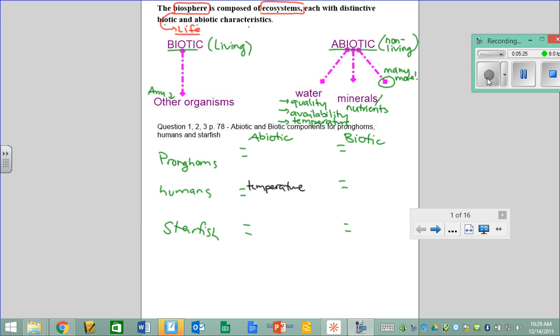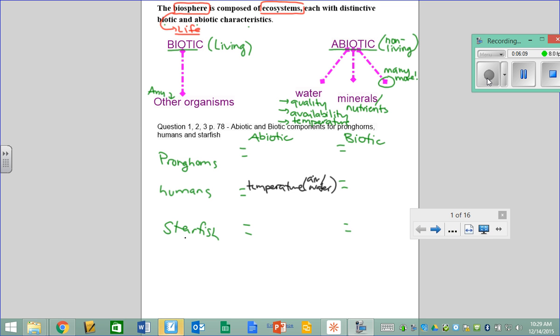And you could quite frankly put temperature on any of the three organisms' lists because all organisms would depend on temperature to a certain extent. Even things like the starfish that live in the ocean, it's true that they're not necessarily a warm-blooded organism, but if the ocean were to, say, freeze or completely evaporate, that would be a big deal for those organisms. So for this temperature thing, I'm going to put air or water temperature because they can have different side effects, but temperature is definitely something that would affect survival. Anyone else have anything they want to share that they put in the abiotic category?